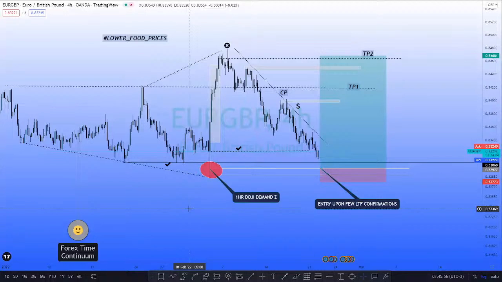Yeah, my setup, does it have a compression? Does it have fake outs? You can see the price formed some fake outs. It keeps forming fake outs at these zones. So now you just wait for lower time frame confirmations and you're right. It's that simple. If it doesn't confirm, another setup will show. So the next setup is